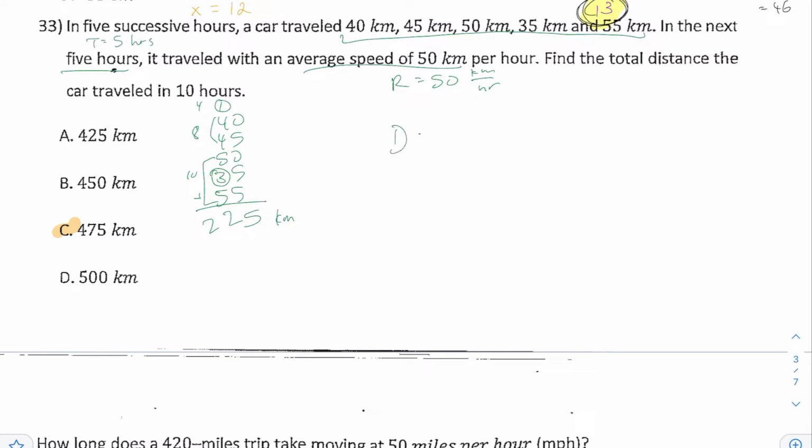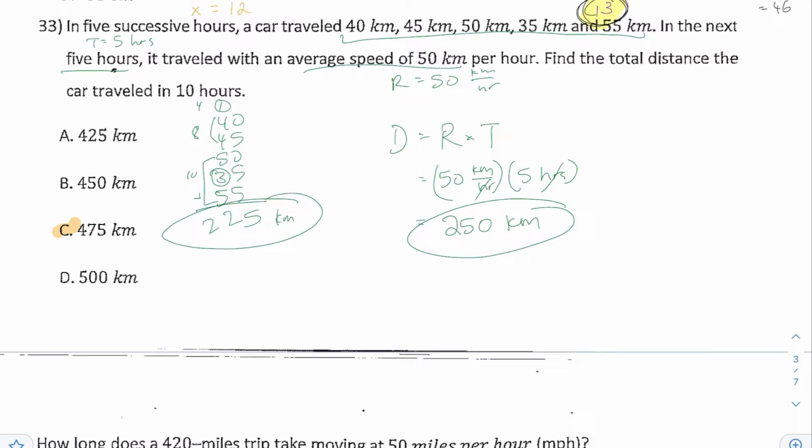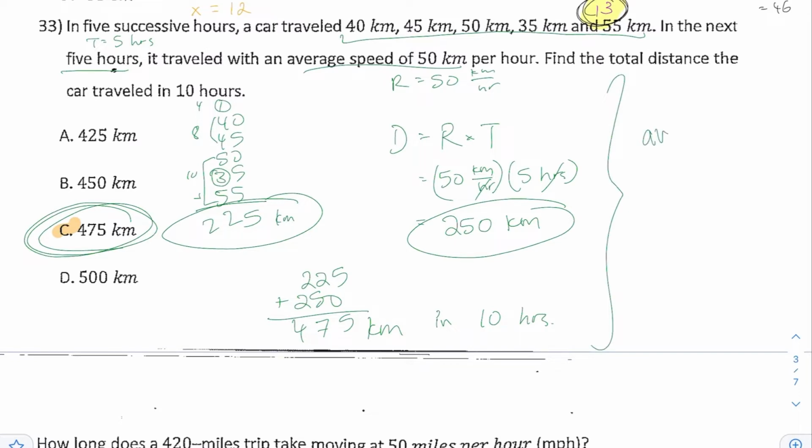And you can find the distance by using distance equals rate times time, which will be 50 kilometers per hour times a time of 5 hours. Hours will cancel out, and 50 times 5 is 250. So in the next 5 hours, you travel 250 kilometers. In the first 5 hours, you travel 225. You add up the total, it will be 225 plus 250. And that will be equal to 475 kilometers in 10 hours. So choice C. One thing to keep in mind with this information, you can also find the average speed